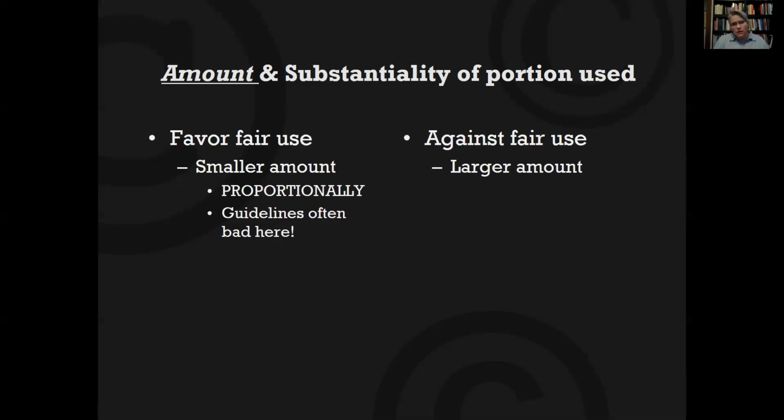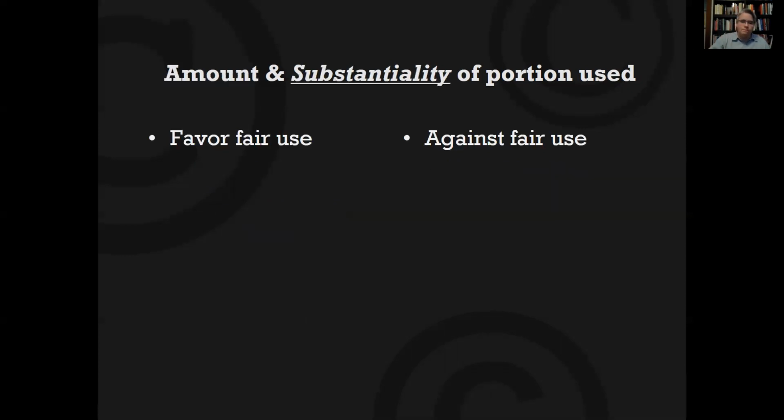Less is always better, but sometimes the whole thing. And I know people say, no, it's never okay to copy the whole thing. Yeah, there are Supreme Court cases about it's okay to copy the whole thing. The Betamax case is on this topic. The Campbell versus Acuff-Rose case, with the 2 Live Crew version of Pretty Woman, copies large portions. So it's okay sometimes to copy the whole thing. It's just less likely to be fair use the more you're using.